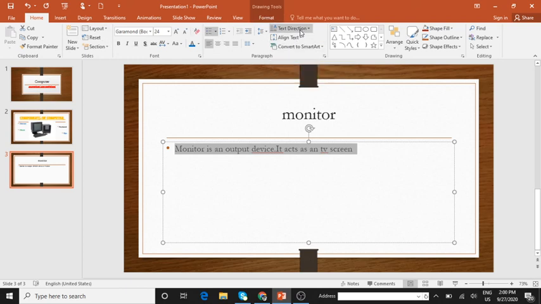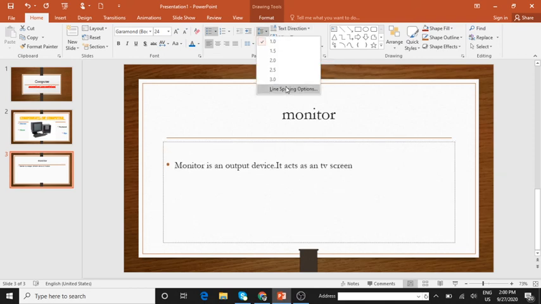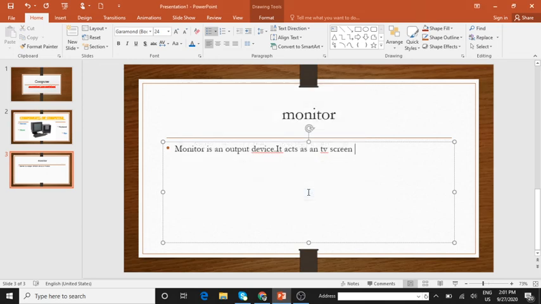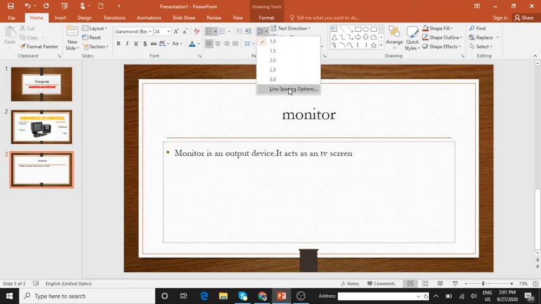So line spacing options. Can you see this, the text which is moving? Now here you will have to select which space you want. Either you want it centered, justified or distributed. Okay, then you can select, or otherwise the ranging or hanging, whichever you want, you can give. Got it? Hope you have understood this spacing, where you are supposed to go. Line spacing in the paragraph group.